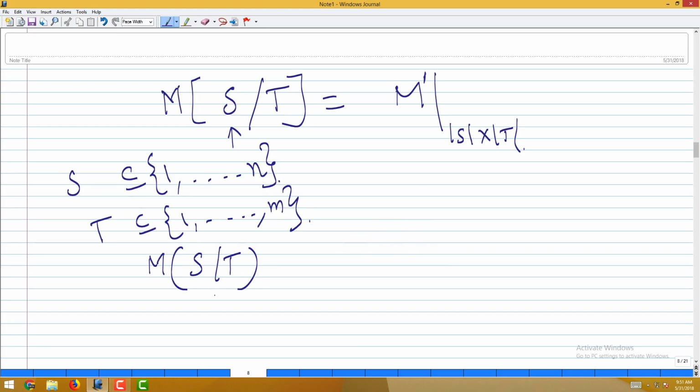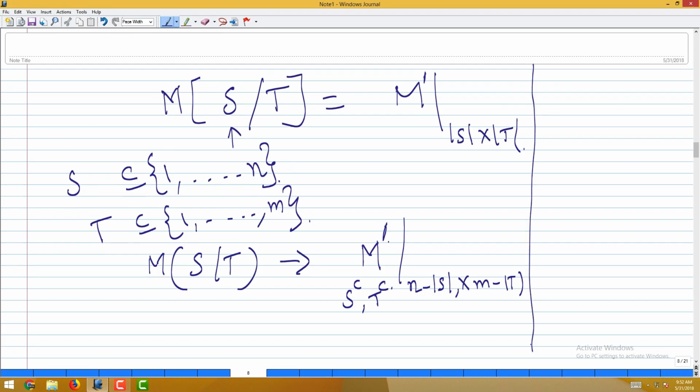So, this matrix is nothing but the matrix M prime, which has the number of rows n minus |S| and the columns m minus |T|, where every entry is coming from S complement and T complement. Okay. So, this is what we usually write, even when we write the minors and cofactors, we use this notation. Okay. So, coming back to our definition or the result that I wanted to talk about,